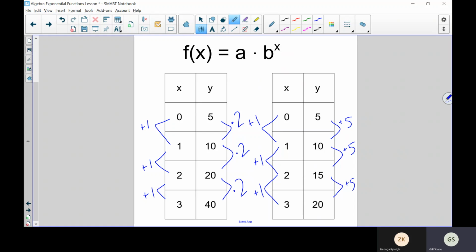So here's your next easy quiz question. If the pattern in the y values, and again, only for the y values, x's will always be based on addition. You're never going to have x's based on multiplication. So this is just for the y values. If the pattern in the y values, I'm not going to write this because I don't have a whole lot of room, so write this. If the pattern in the y values, or y numbers, if you want to write y numbers,